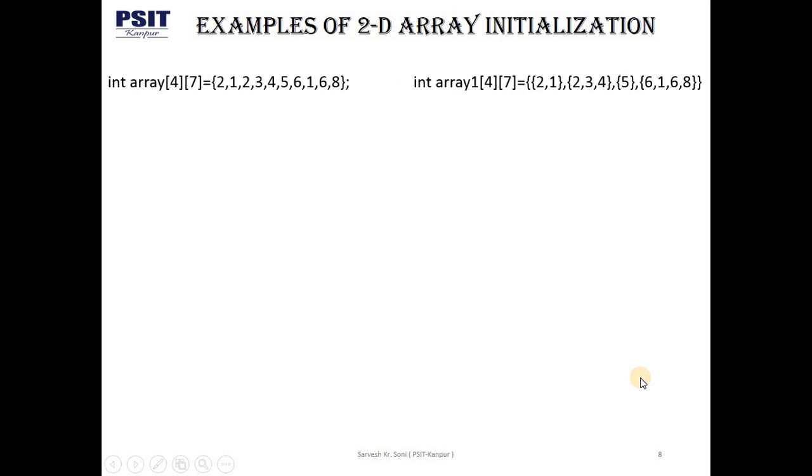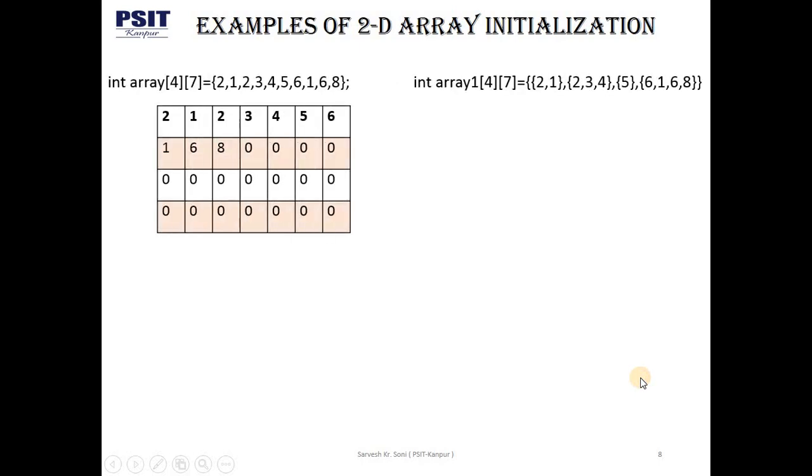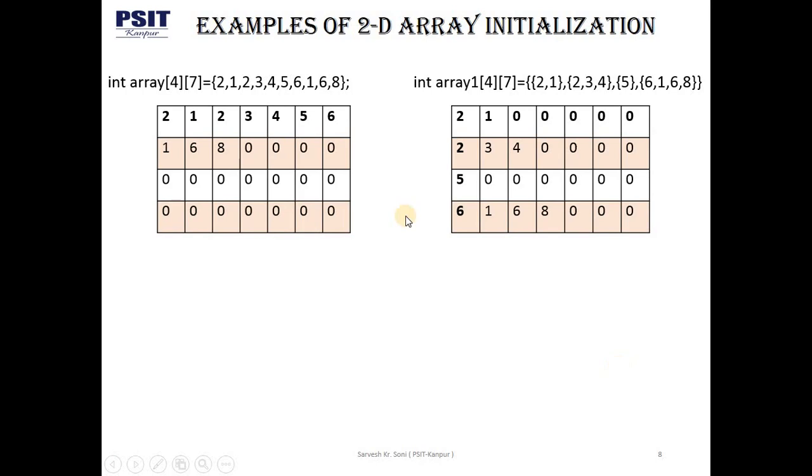Here I am going to discuss some examples of 2D array. For example, in the first case I have declared an array of 4 cross 7 order, and I have initialized some values 2 1 2 3 4 5 6 1 6 1 6 8. So my array will look like this. And similarly, I am going to declare an array of the same size, the name is array1, and initialize row wise separately, then